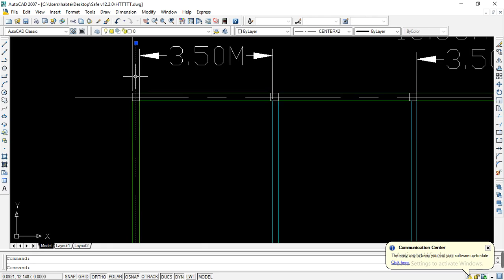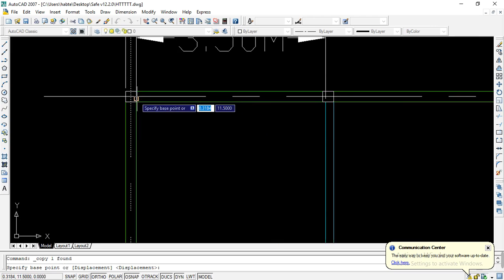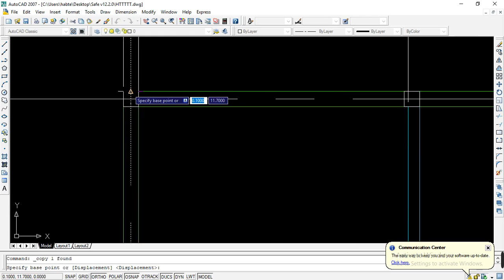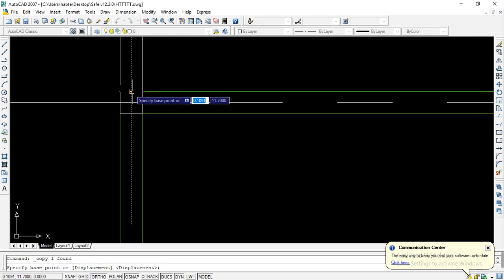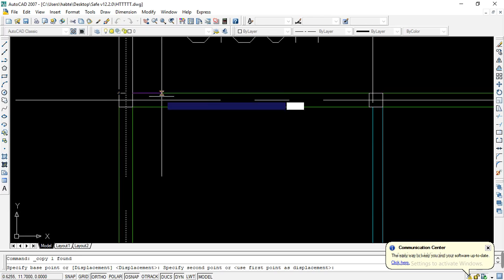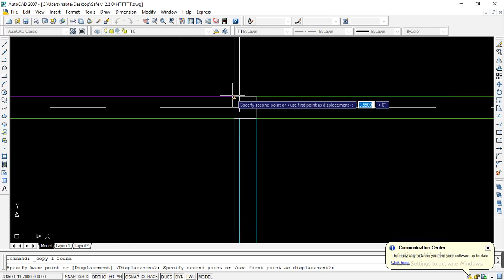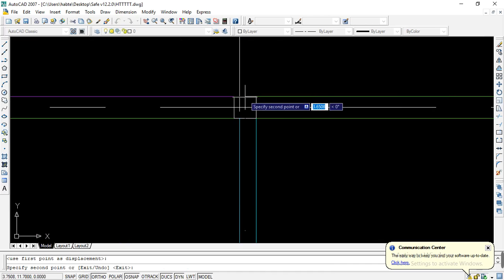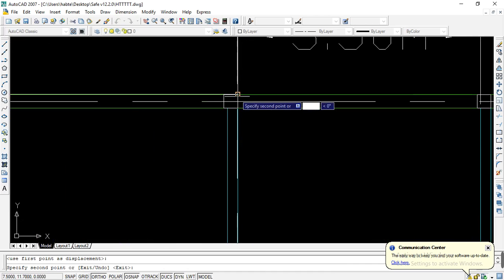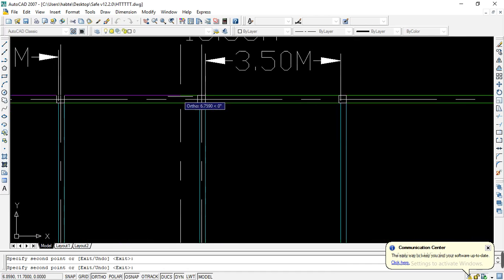Then after selecting the object, I'm gonna duplicate horizontally. Okay, so I'm going up to the copy symbol, and after selecting the copy symbol, I'm copying the object. So by pressing the base point of the object, we can copy it horizontally to the right. Okay, right here